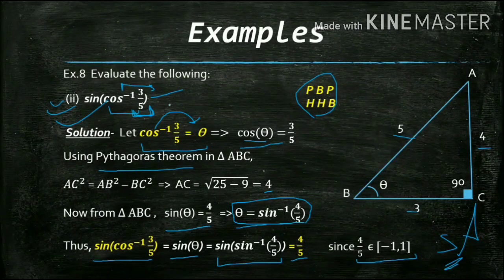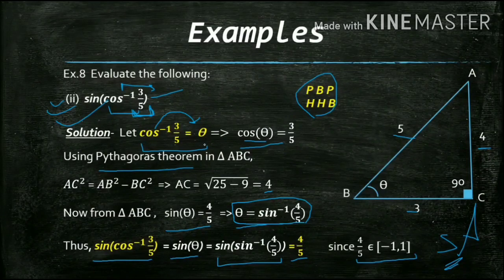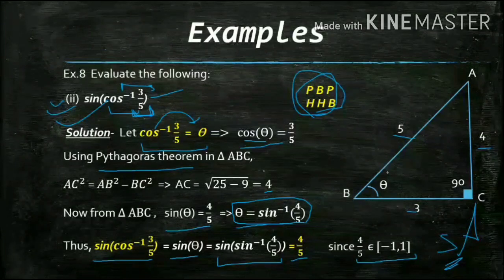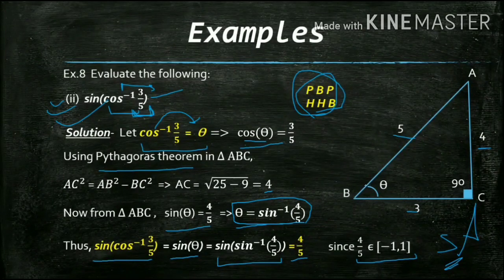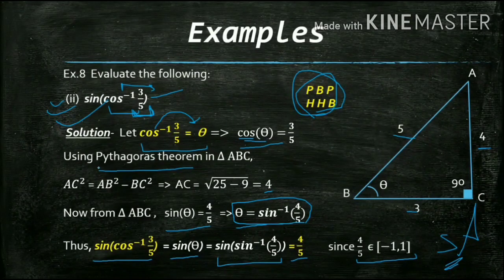So let me again brief you what you need to do. Firstly, you will write the inner one as some angle theta and find the value of that inverse trigonometric function as that what you will get. Using this, you will first create a right angle triangle and denote it as theta. And according to that trigonometric function, write the value of the sides of the triangle. The two sides you will be easily able to get. Then by the Pythagoras theorem, you will find the third one, whichever it would be.